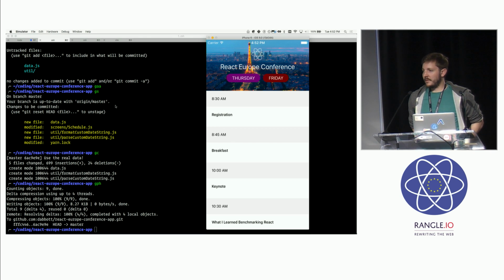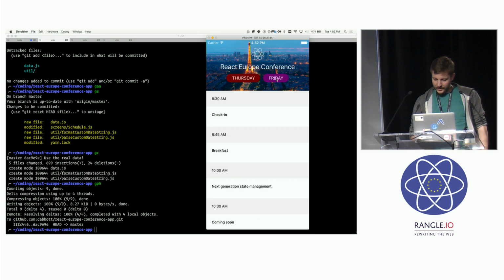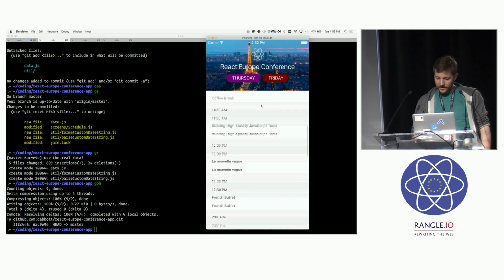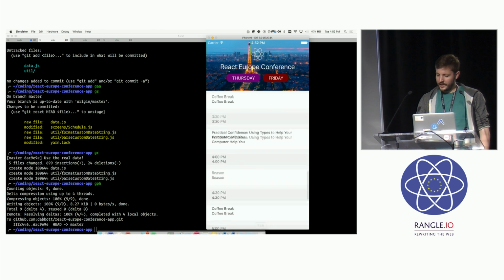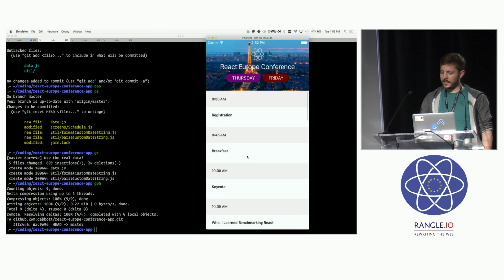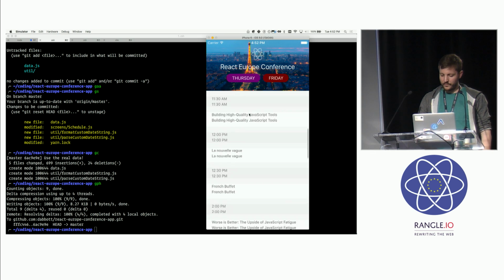It's not pulling from the GraphQL endpoint, but I just grabbed some stuff from that and put it in here, so we actually have some stuff. Actually, I didn't try that. Yeah, okay, that works. So you can pull that in. You'll have to run npm install again, since I added Moment.js for this, but now we have some real